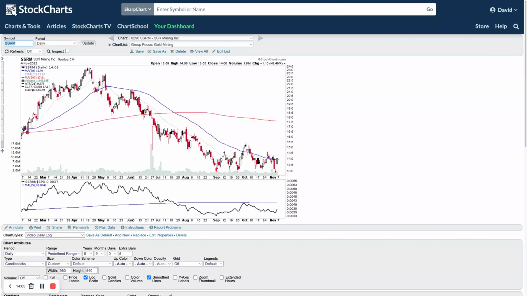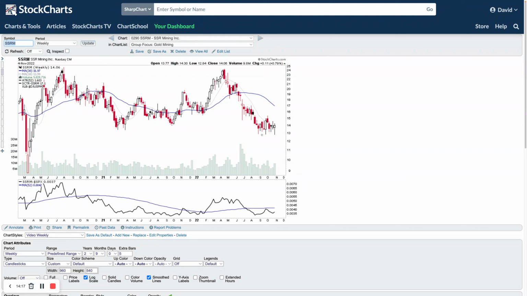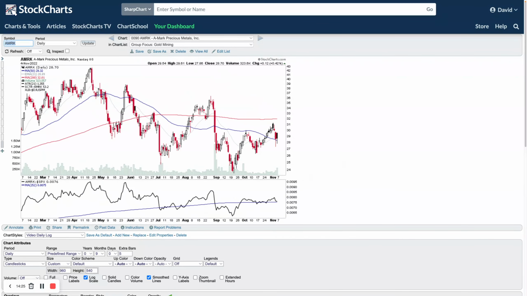SSRM, much weaker, only in what we considered stage 4B minus at the moment, gapping up above that 50-day moving average on Friday there. Got this minor base structure at the bottom here. So if you look at that on the weekly, you can see obviously nowhere near that declining 30-week moving average at the moment. So any move through here is only for short-term swing traders only on that kind of one. AMRK,